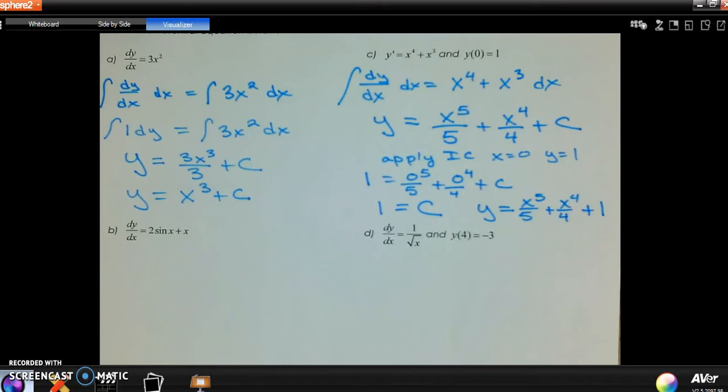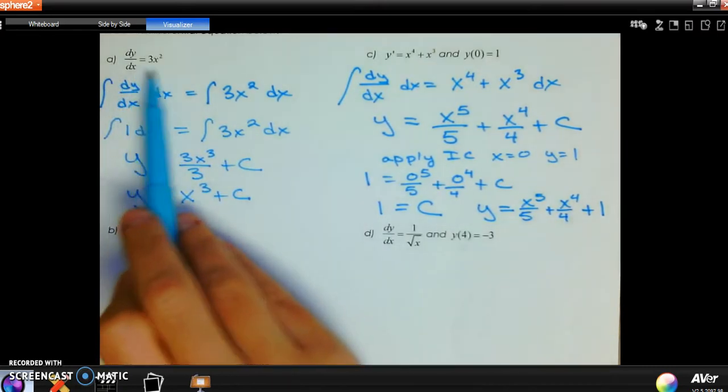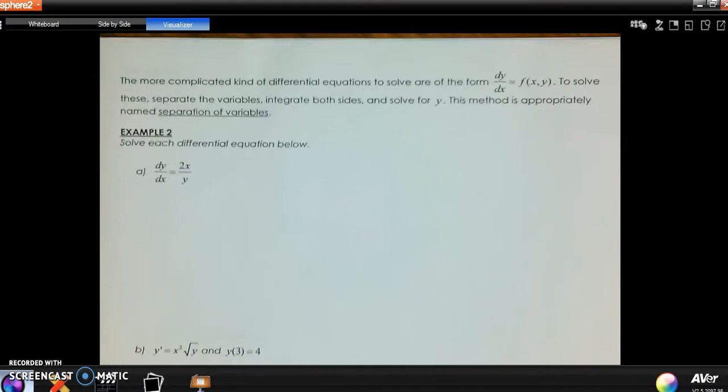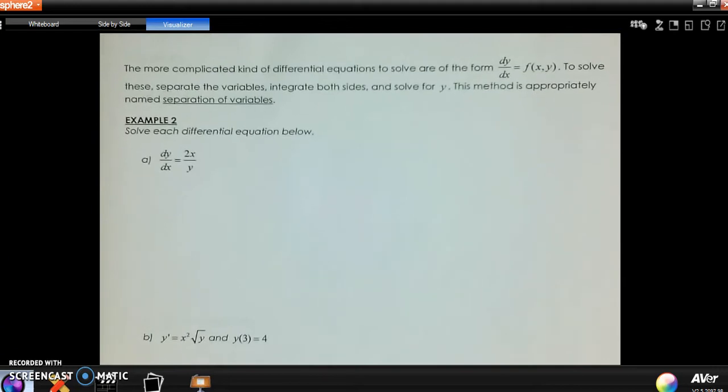So notice in both of these examples that the right-hand side of the equal sign only had the variable of x. So to solve that, all you needed to do is basically integrate both sides, and if there was an initial condition, apply it. Now that's different than if you have to separate the variables. So you can tell right away just by looking at this example that you have an x and a y, okay? So right away that says, that one's different,